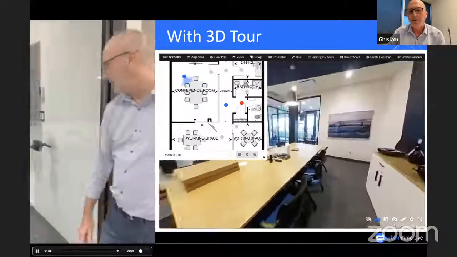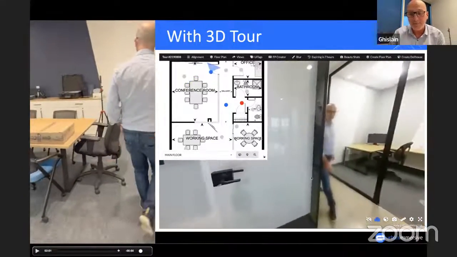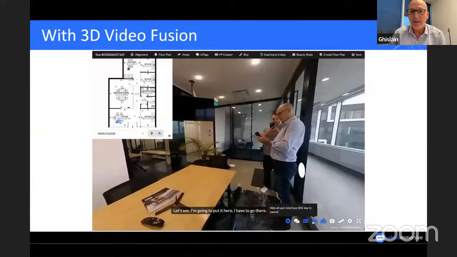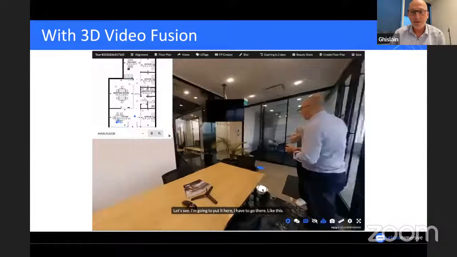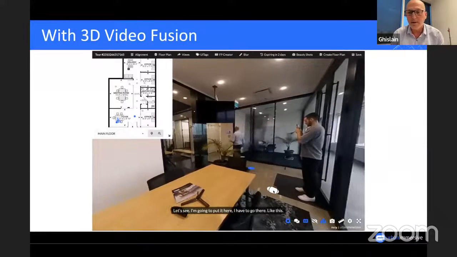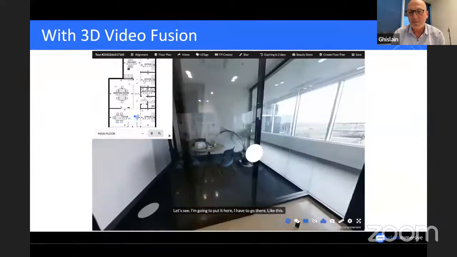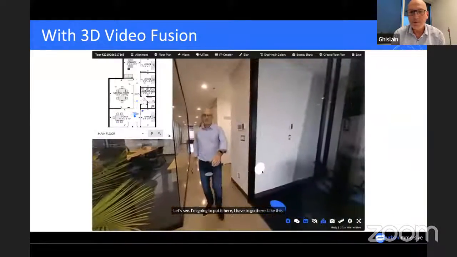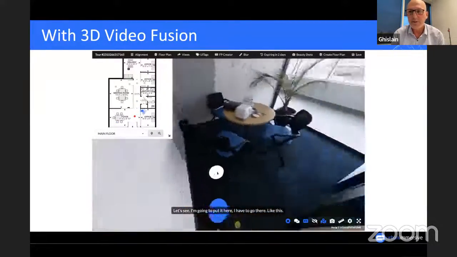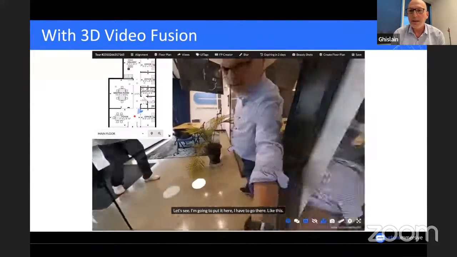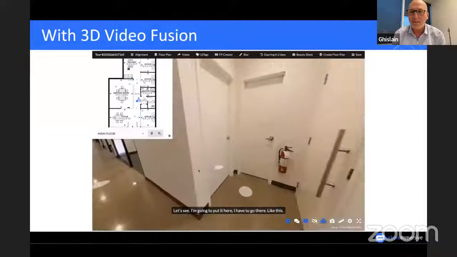Now, this is how video fusion was actually born, because this is the same exact footage, but we just synchronize the video. So instead of blurring people, right now the 3D tour plays the 360 video. I can still navigate like a 3D tour like I do right now, but each time I stop navigating, I see the video. So this is how video fusion was born. It means that with the same footage, you can do floor plans, you can do a real 3D tour, and you can also do